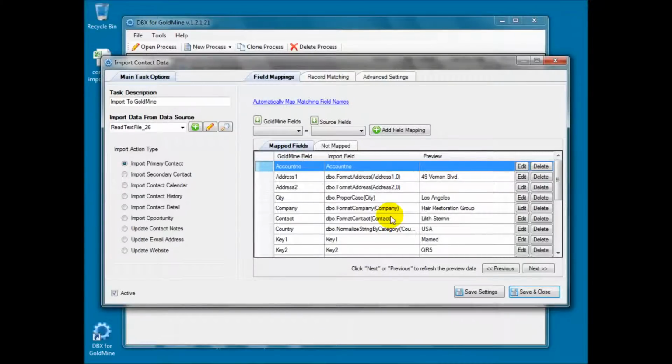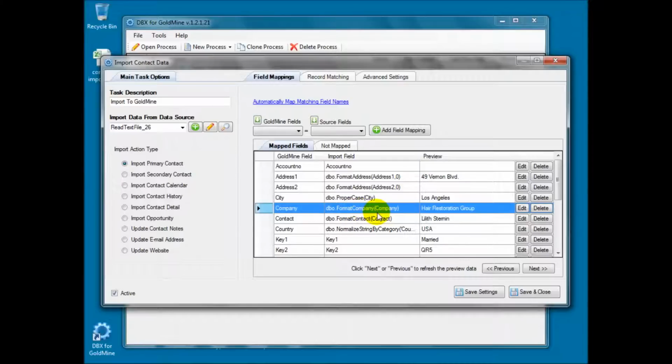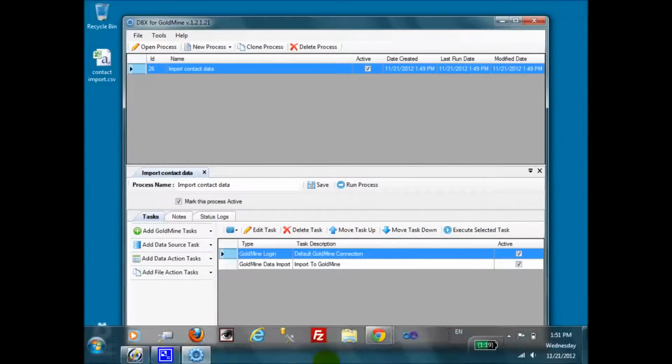DBX had automatically provided to us the map fields based on the matching import fields that we provided in our text file. So as you can see, we have city, and we mapped it to a Goldmine field called city. We have company, and we mapped it to a company field in Goldmine. So all we need to do now is save and close this setting, and before we import, let us take